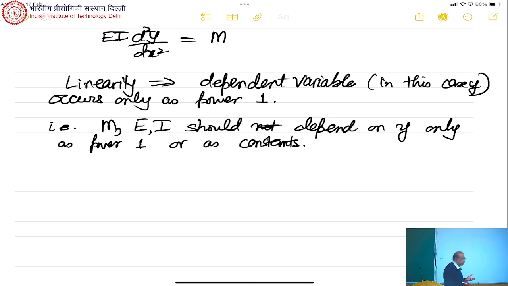if we have an equation like d2y by dx square is equal to y, that is a linear equation. But if I have d2y by dx square is equal to y square, it becomes non-linear. d2y by dx square is equal to sine of y, that becomes non-linear. But if I have d2y by dx square is equal to x square, that is a linear equation. So, here because